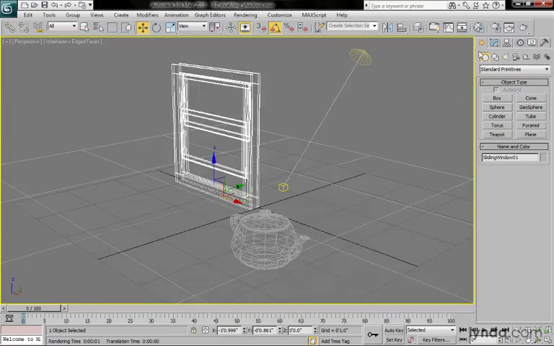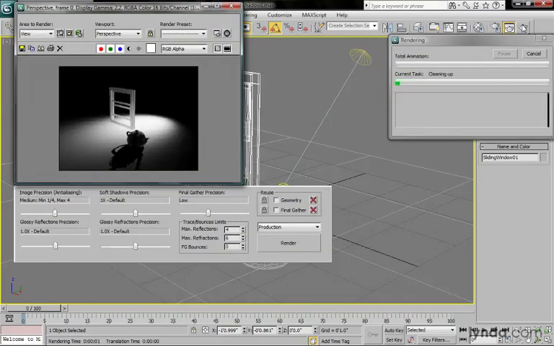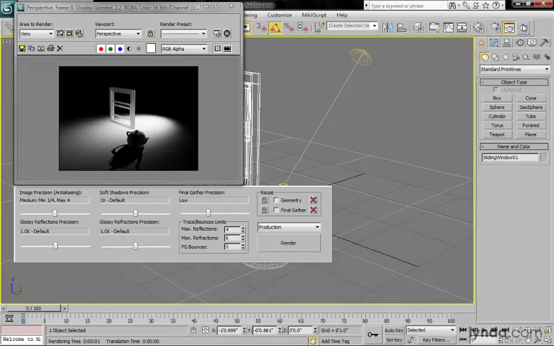Click OK. And then do another rendering, and you will see that the window is not casting any shadow at all. Now, of course, you will see that the window frame is not casting a shadow either. So in this case, what I probably want to do is create a separate object for the glazing and tell that to not cast shadows and the frame to continue to cast shadows.